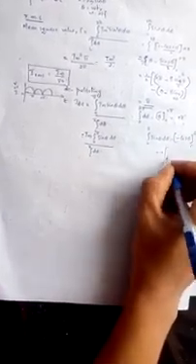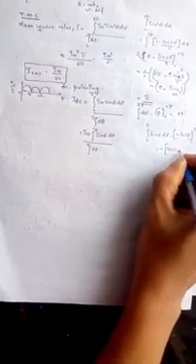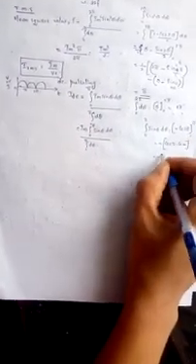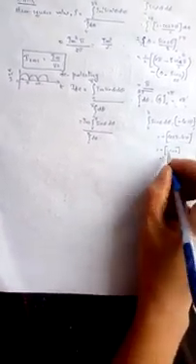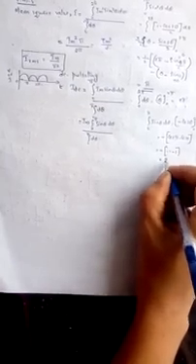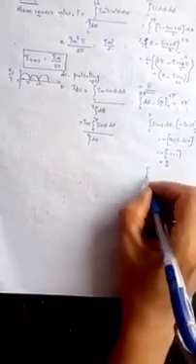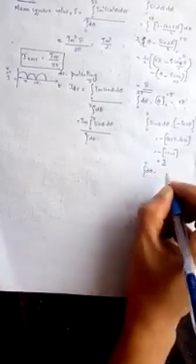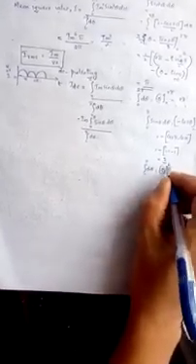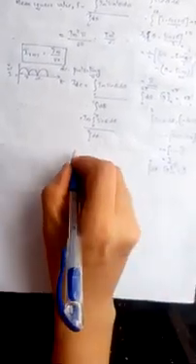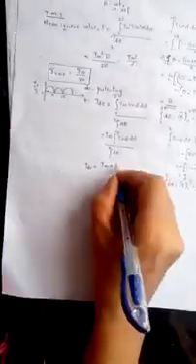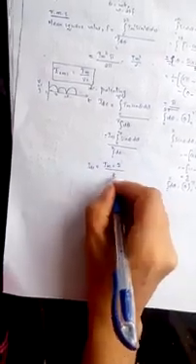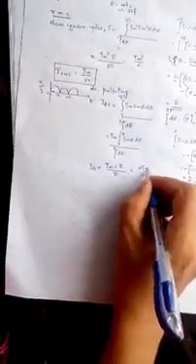That is minus, taking it outside, cos pi minus cos 0, which is equal to minus of minus 1 minus 1. Cos pi is minus 1, cos 0 is 1. So this is minus 2 into minus 1, that is equal to plus 2. Next, the integral 0 to pi d theta is theta within the limits 0 to pi, that is equal to pi. Substituting here, IDC is equal to Im into, for the numerator substitute 2, for the denominator substitute pi, so the value is 2 Im by pi.